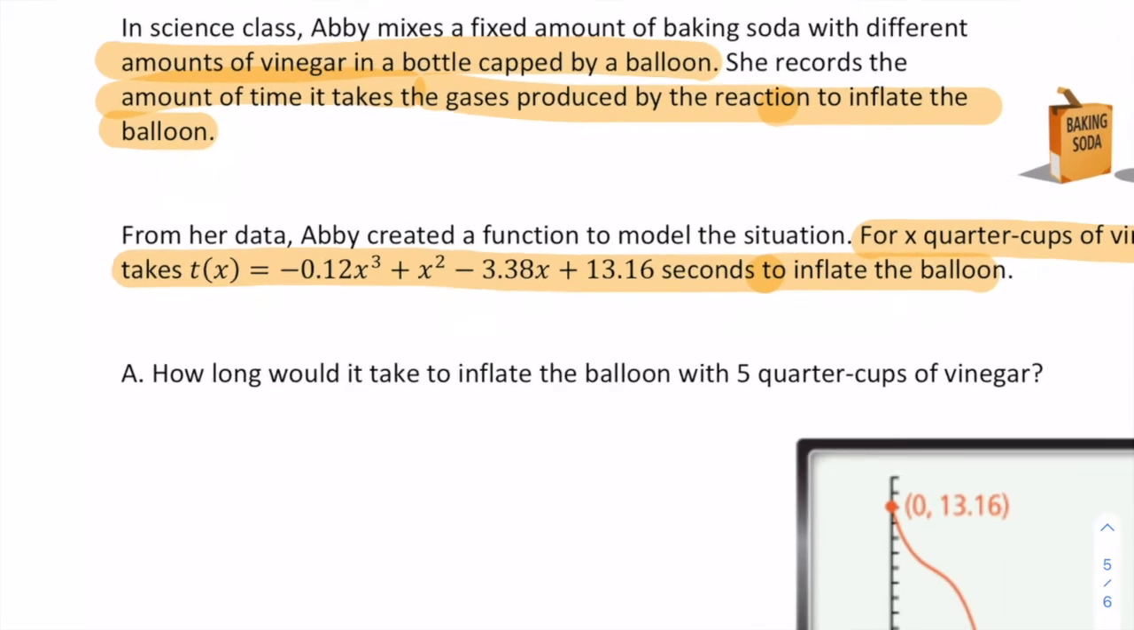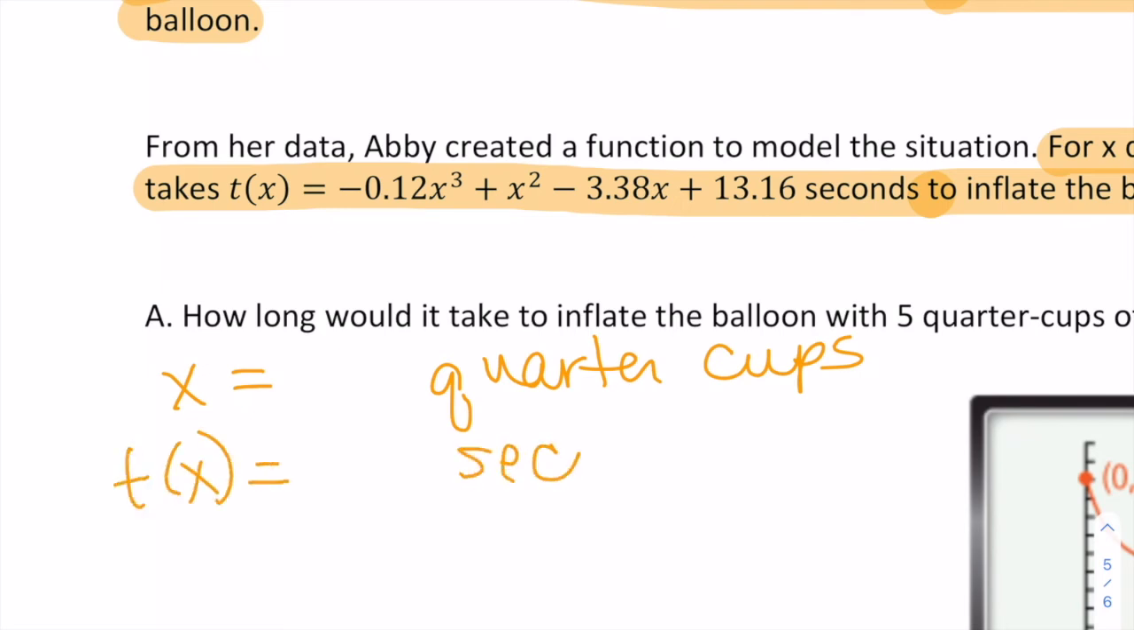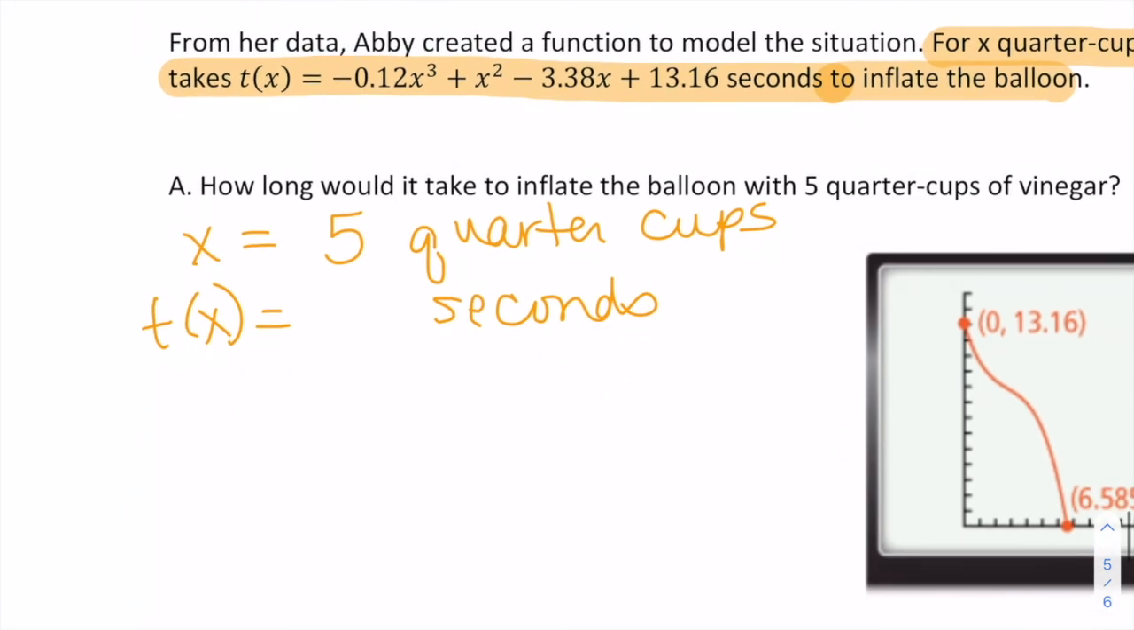So again, we can see that X is the number of quarter cups, and then T of X is the time in seconds. For this first problem, it asks, how long will it take? So we're looking for the time to inflate a balloon with 5 quarter cups of vinegar. So that means we're going to substitute in 5 wherever we see X in this equation. So T of 5 would equal